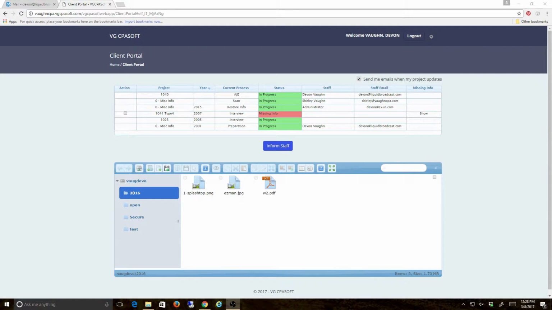Welcome to the new Vaughn CPA Client Portal System. I'm just going to go over some of the new features of the system and help you get to know it a little better. First of all, we've added the ability to receive notifications via email if we update any